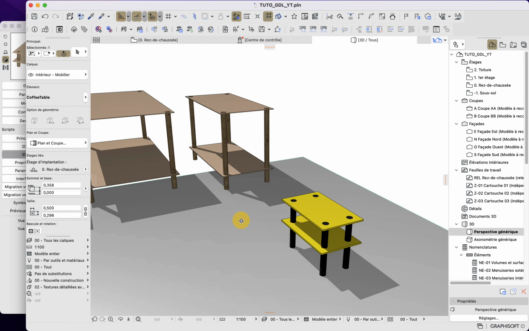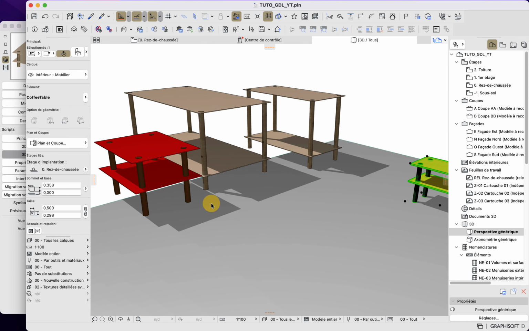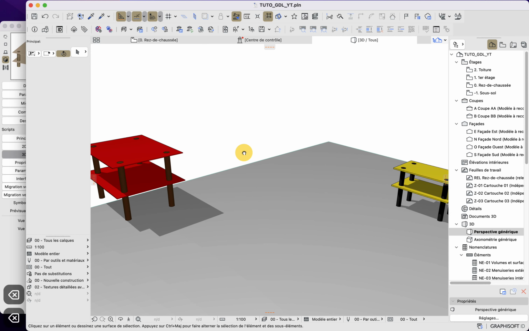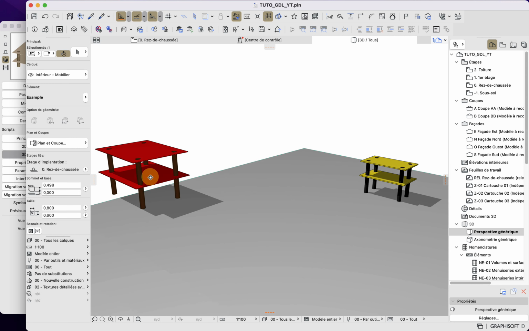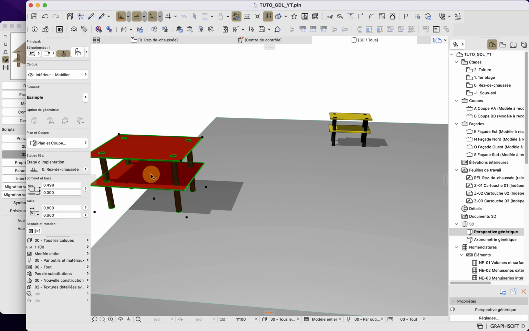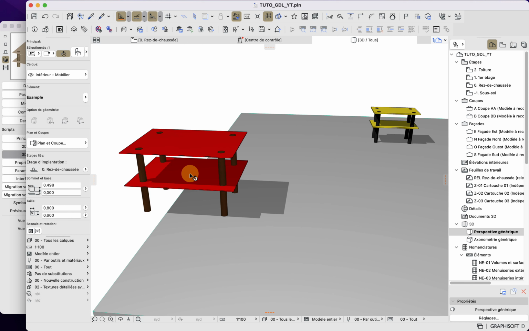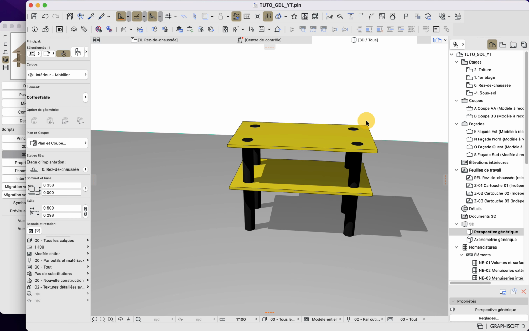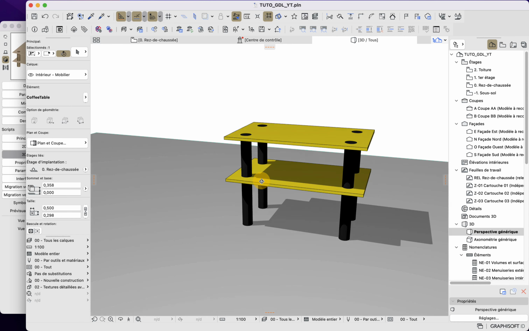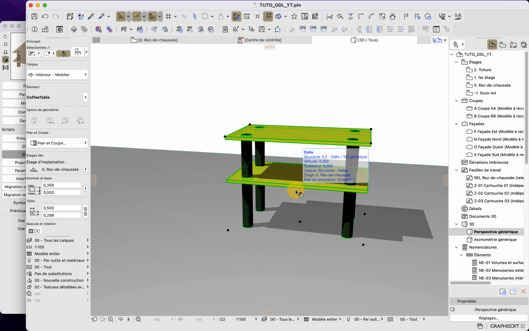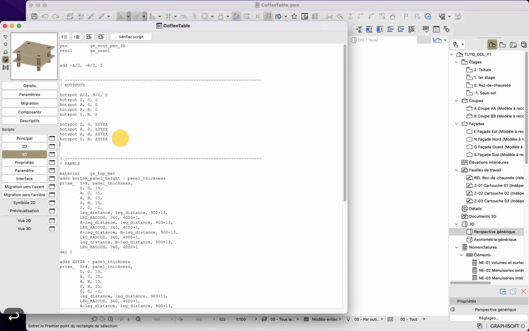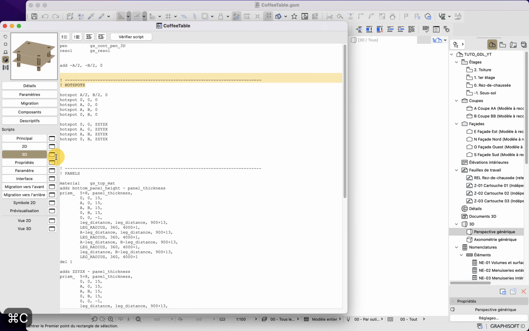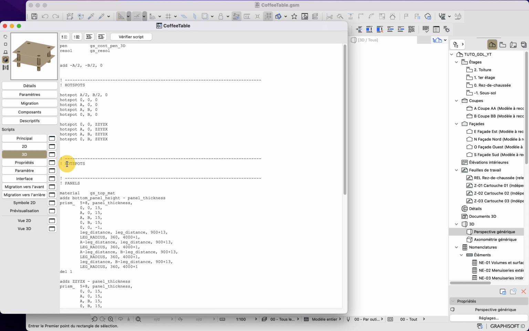So we are almost done. The only thing that we need to do, first we can delete this one here, is put in what we call dynamic hotspots, these purple hotspots, because for the moment the only thing that we can do is resize the whole furniture, but we cannot do it with the bottom panel. So now let's do it. Let's go back into our 3D script. Let's put a new separation by copy pasting this one, and here I will put dynamic hotspots.